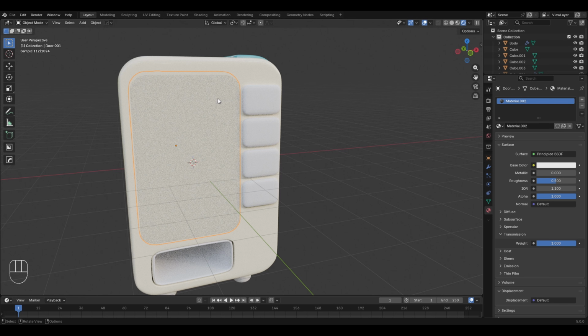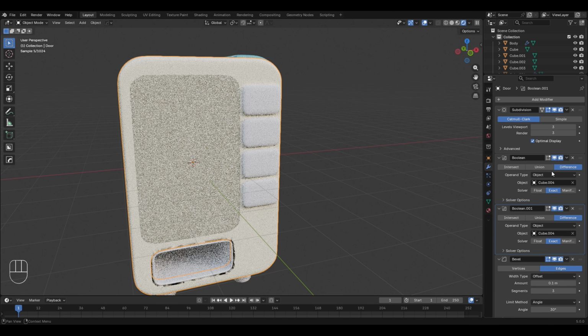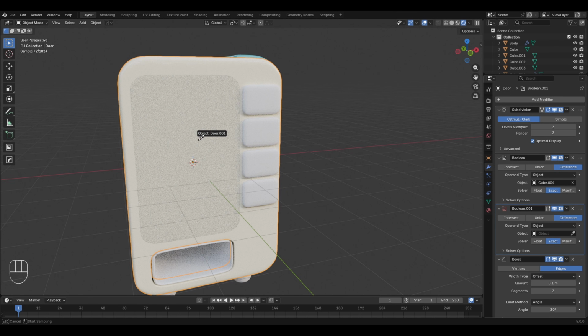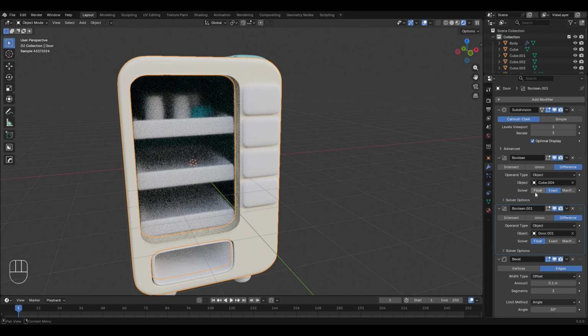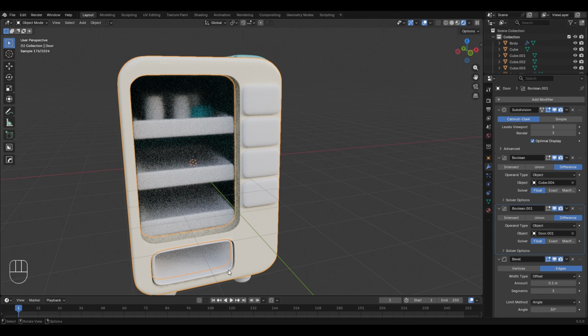But currently I'm not able to see through the glass, which is happening because of this door. We have not yet applied any boolean to create this empty space for the glass object on the door. So what I'm going to do is to select the door, then go to the modify properties, and I'll duplicate this boolean modifier and change this object to this glass door, and I'll change the solver type to float. You can even change the solver type here from exact to float in the case of this lower part as well,